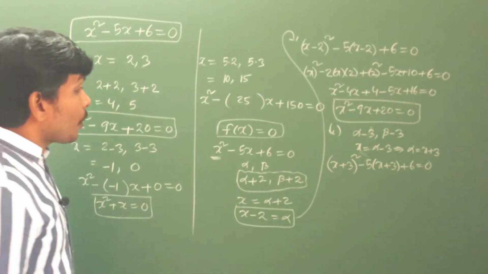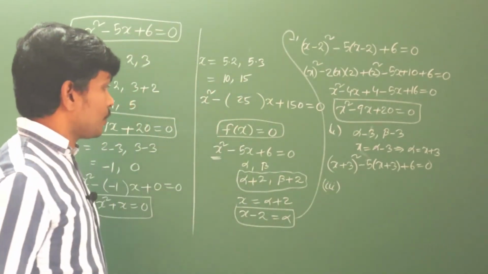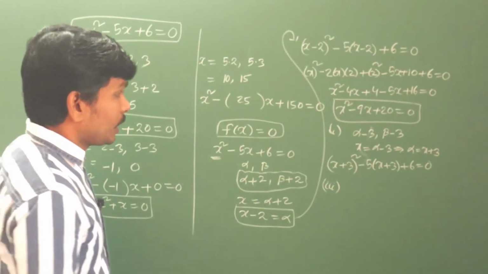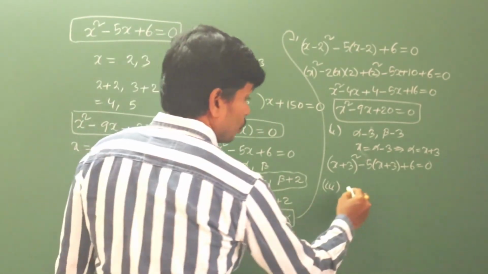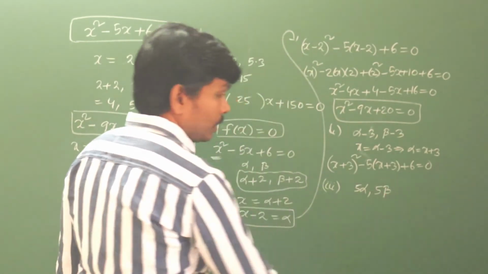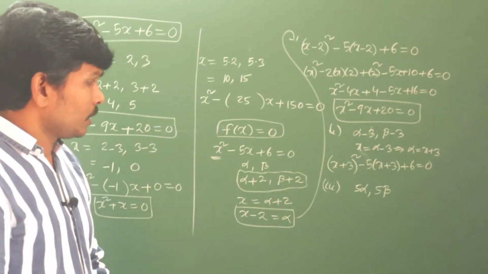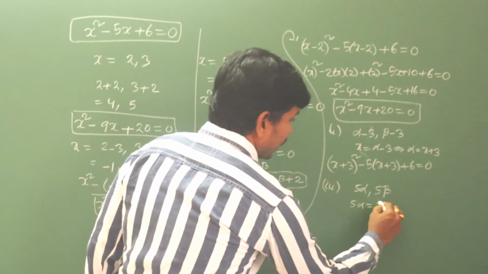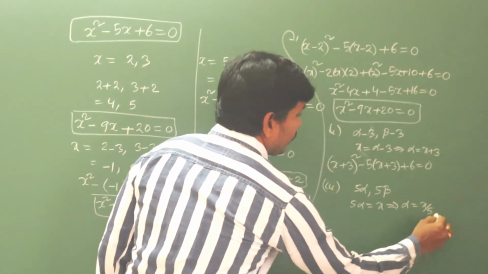And again, for the third problem, what do we have to substitute? See, this is your problem. Five times is nothing but the third problem. Find the quadratic equation whose roots are 5 alpha comma 5 beta. Then what do we have to do? Observe. Yes, definitely you take 5 alpha is equal to x. From this alpha equal to x by 5.